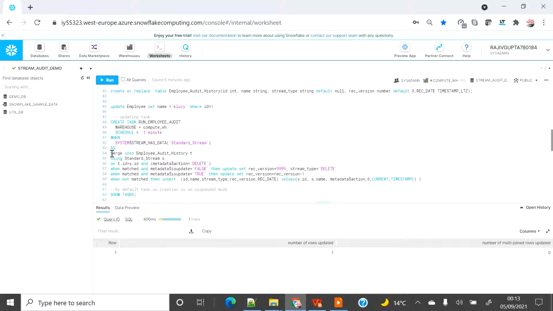So my merge statement is going to merge all the records into the employee audit history table, and it will use the select statement created out of the standard stream. So basically I'm using the standard stream table as the input or source for my employee audit history population. I'm going to look into the standard stream, and I'm going to match the ID column,